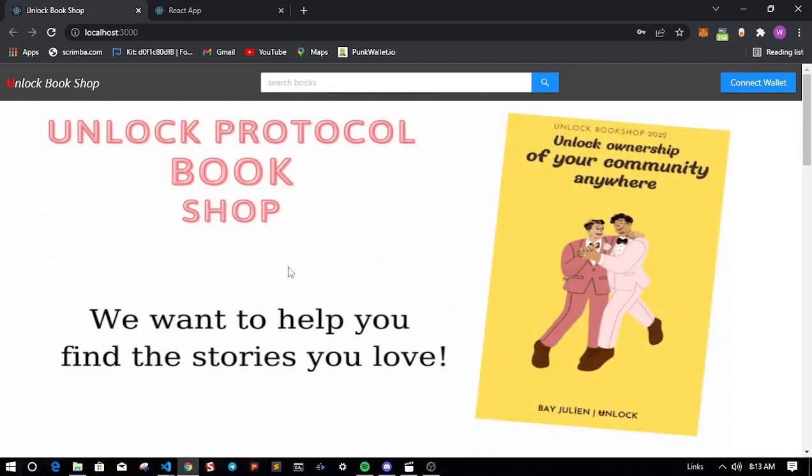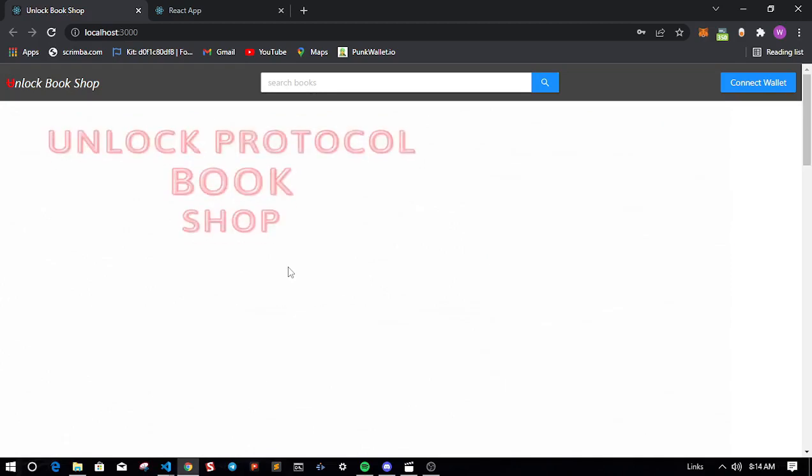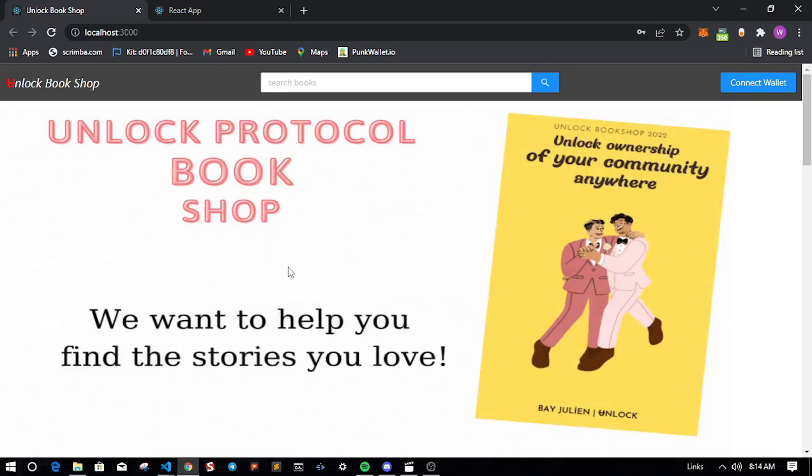Before starting, let me ask you one thing. Are you a book writer or NFT fan, or do you like the idea of decentralization? If that is so, welcome. I will be showing you how you can implement this mechanism into your web application, and we'll be using